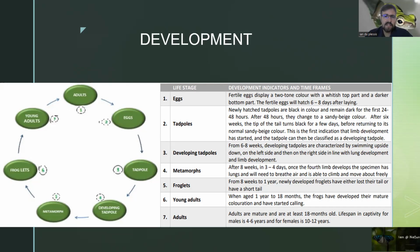The one you see here is the Pickergill's reed frog life stage development. We all start with eggs and embryos, and from there on it moves into tadpoles after 6 days and maximum 8. On day 9, we realize that there's actually a fungal growth starting, and those eggs won't hatch. After the tadpoles developed, after 2 days, they will change into developing tadpoles, changing color, starting to feed, become more